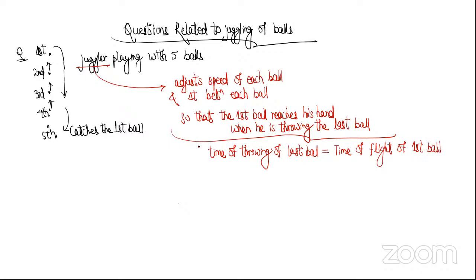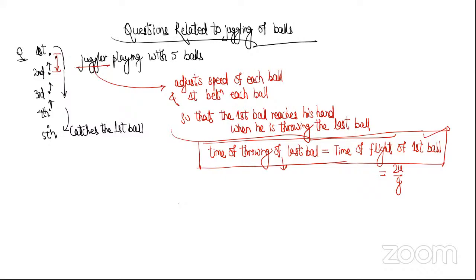अब इससे सारा इंफॉर्मेशन निकल जाएगा। ये लॉजिक अगर लगाओगे तो टाइम ऑफ फ्लाइट ऑफ फर्स्ट बॉल को क्या लिख सकते हैं? 2u/g, 2u/g है ना। टाइम ऑफ थ्रोइंग ऑफ लास्ट बॉल को क्या लिख सकते हैं? मान लो हर 2 बॉल के बीच का टाइम गैप है डेल्टा टी। फर्स्ट बॉल को उसने थ्रो किया था 0 टाइम पे, इसका मतलब nth नंबर बॉल को कब थ्रो किया होगा? n-1 into delta t, isn't it? हाँ, तो टाइम ऑफ थ्रो ऑफ लास्ट बॉल दैट इज (n-1) delta t।